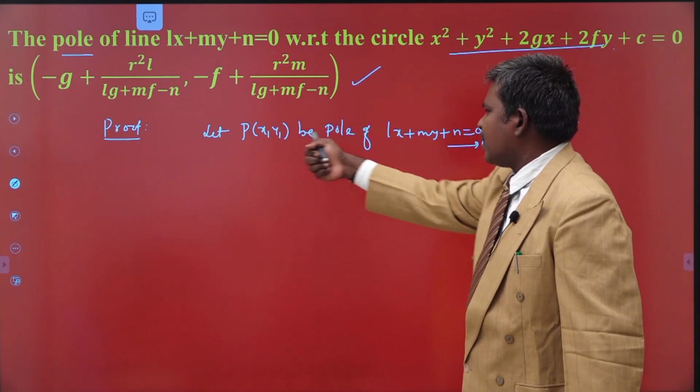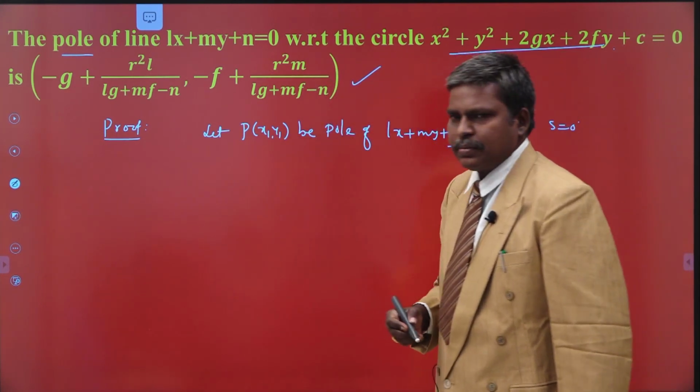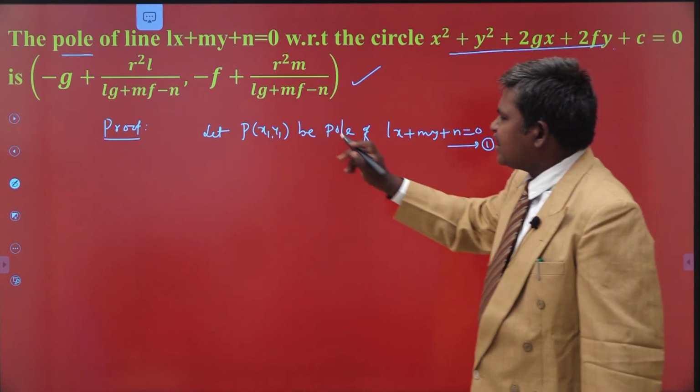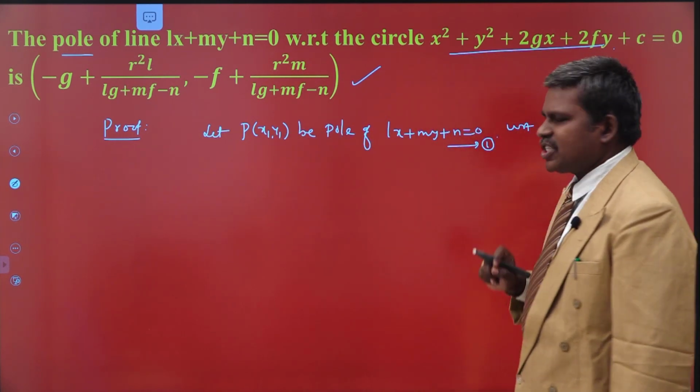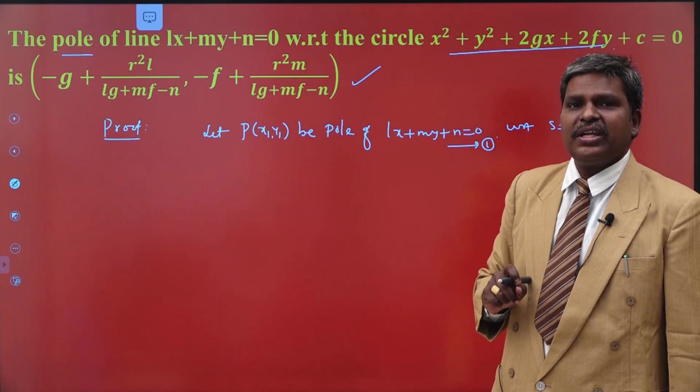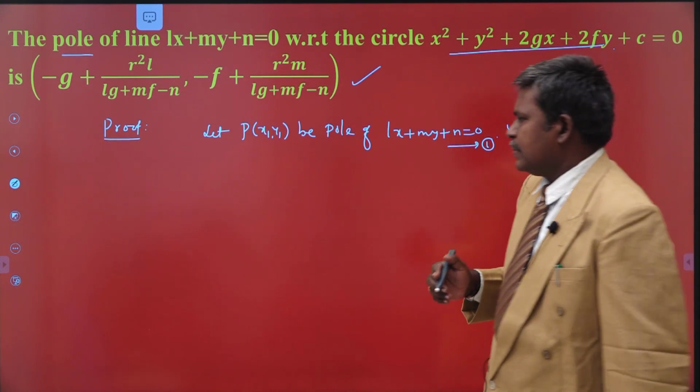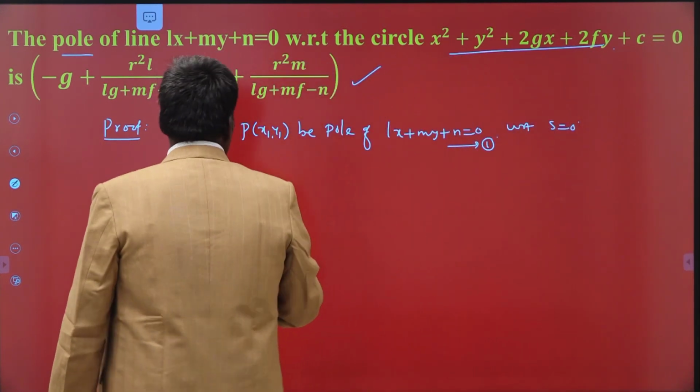For P(x1, y1) the pole, but what is the polar of P(x1, y1) with respect to the same circle? S1 equal to 0. Already we proved. But the equation of polar of P(x1, y1)